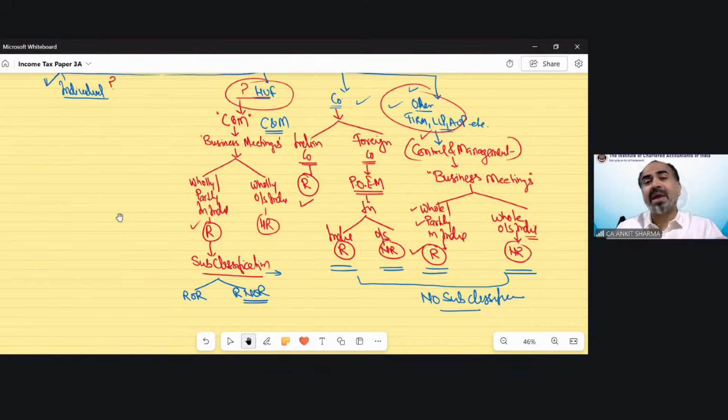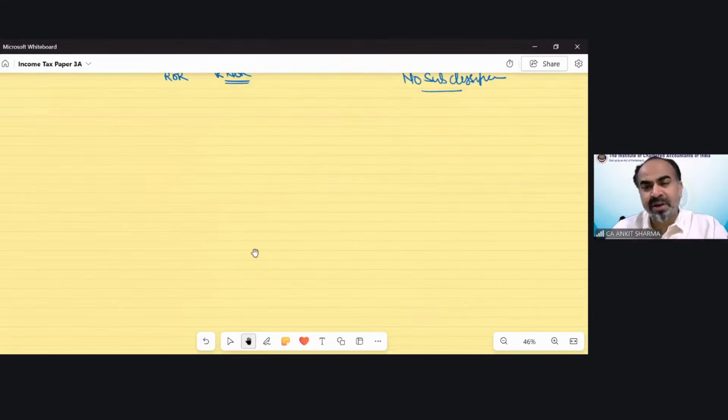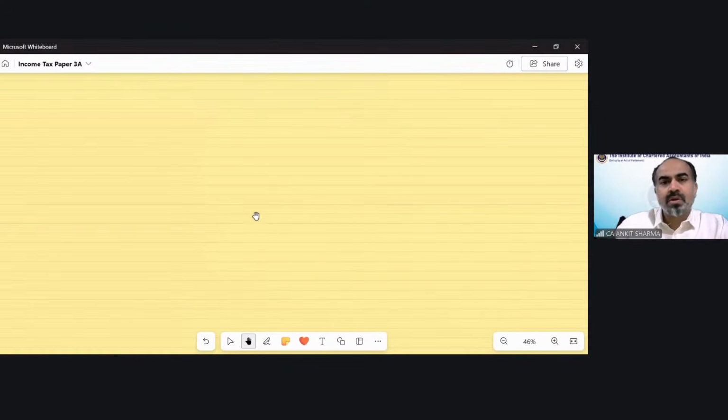So you can apply the condition of individual upon yourself to find out whether you are a resident or non-resident, etc. So one by one, we will discuss the condition of individual. And because multiple conditions are there, I will solve that part on a separate sheet. So this is our individual residential status concept.